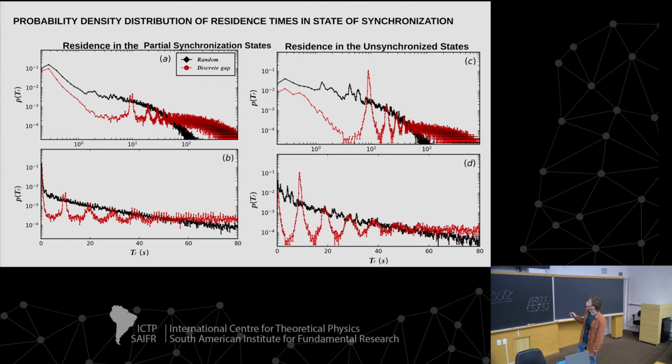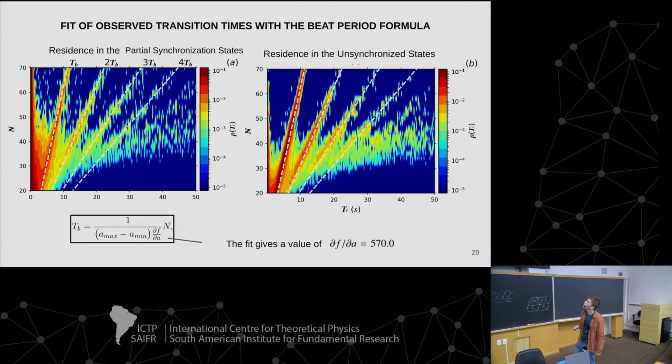So at this instance, the network has a huge probability to transit and to change states, while some subsequent period of time, the probability is quite low. So this is in log scale. Almost all the residence times are in this 1,000 seconds period. This is quite interesting, and it works not only to transit from the unsynchronized to synchronized, but from partially synchronized to unsynchronized states.